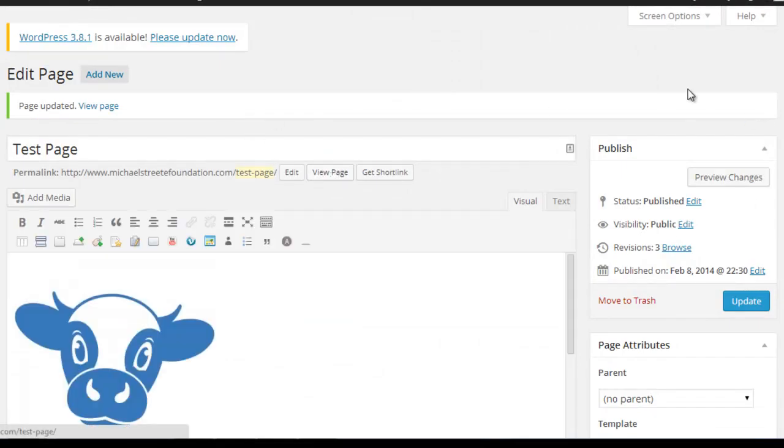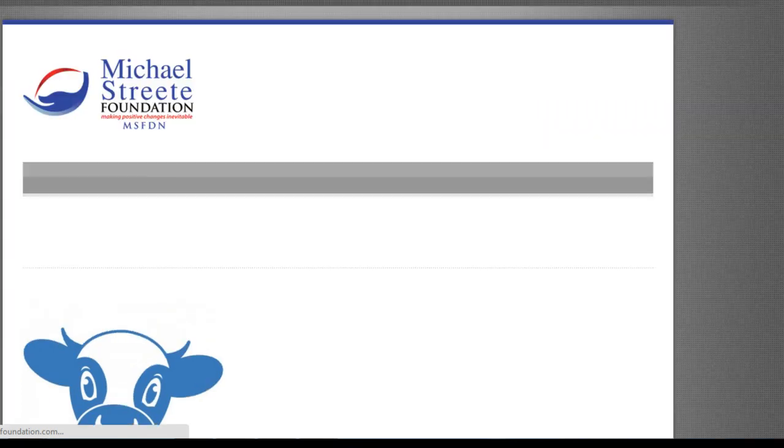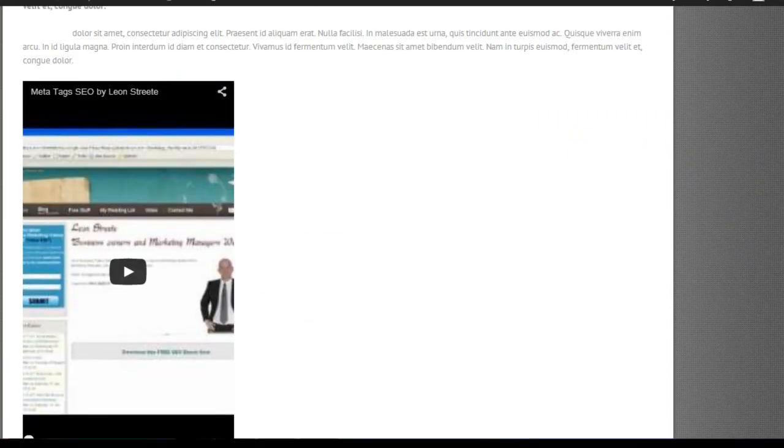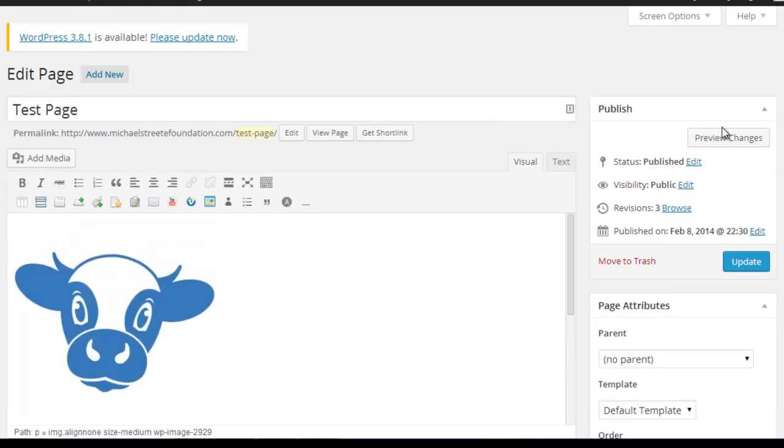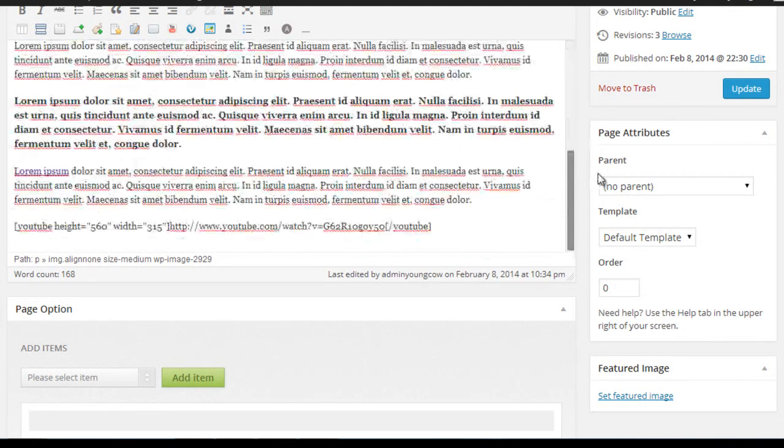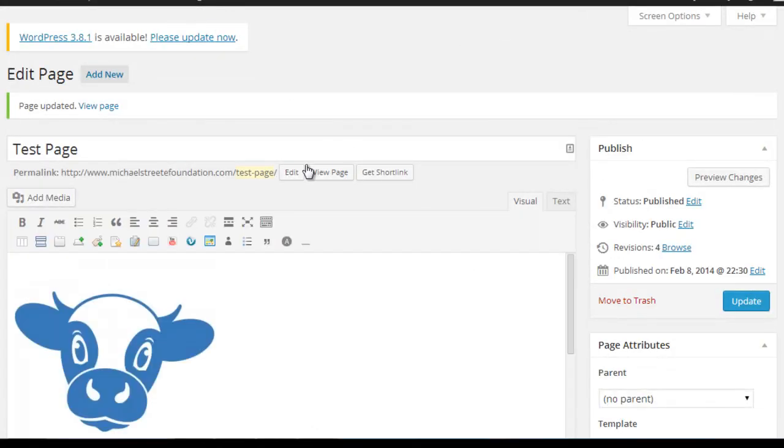when I view this page we should have the same video but in a smaller width. So just page updated, let's go to view page. So there's our video. Maybe I think I've entered the height and width in the wrong place. Let's just double check that. So I've clicked on edit just to go back, and yes, so we should have 315 height and 560 width. So I'll just click update again, and page updated, view page,